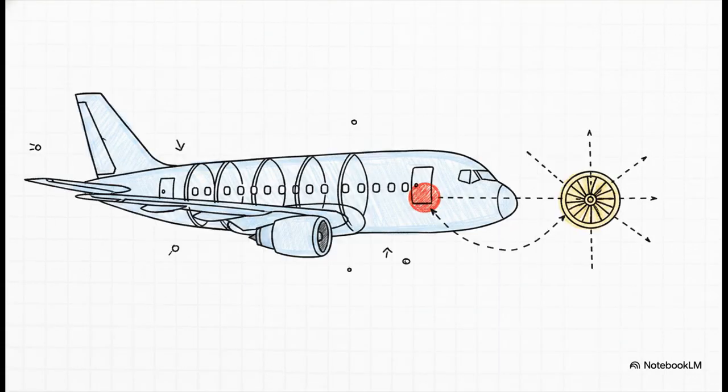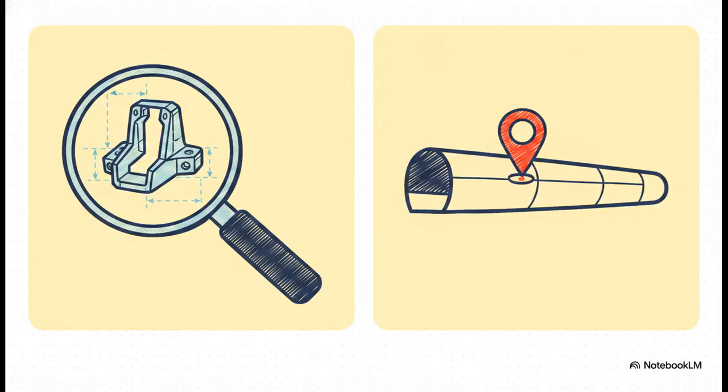The really crucial point here is that this drawing provides the exact reference dimensions you actually need when you're working out there on the floor. For example, if you're mounting a new engine component, the installation drawing is going to show you exactly where it sits within the fuselage, complete with the location dimensions you need to position it perfectly relative to the bulkheads and other existing structures. This comparison perfectly illustrates the difference between the 2 extremes of our drawing classes.